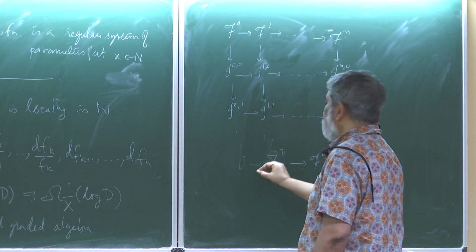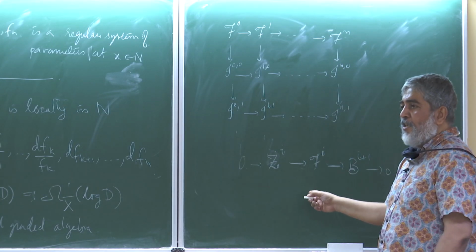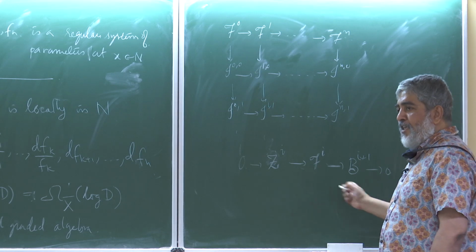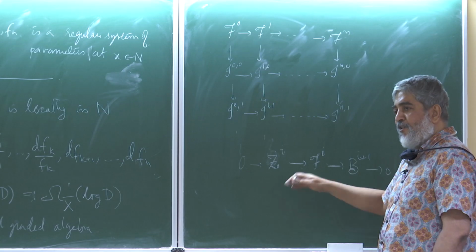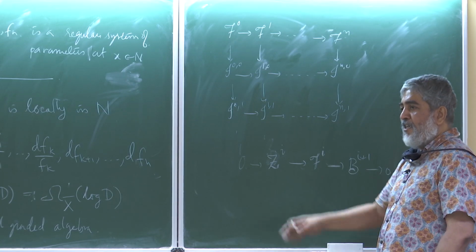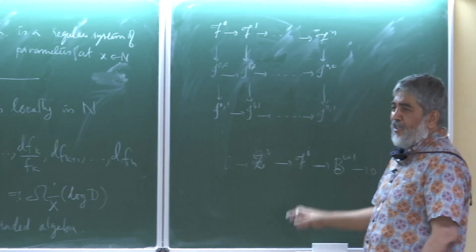So you can split it into short exact sequences. You resolve each of these, and then the sum of those will give you a resolution of this if it is injective and so on, and you can lift everything and make a double complex. Then put all those together, you get a...